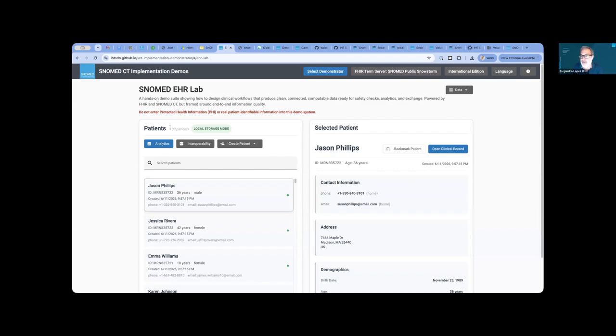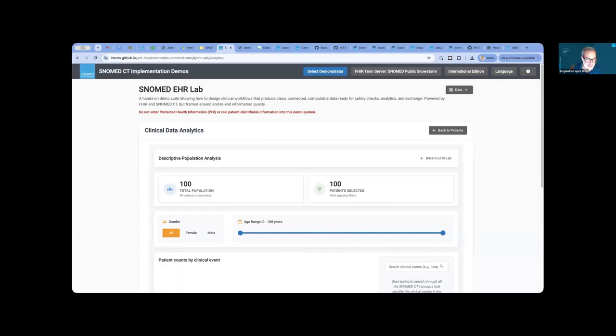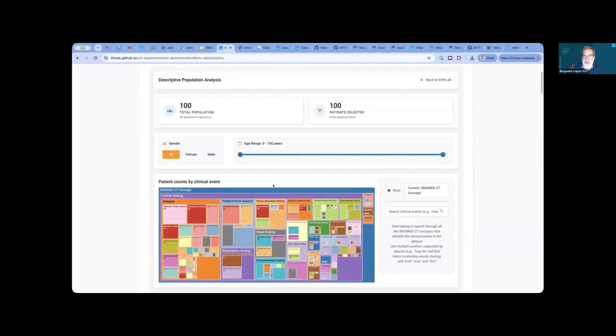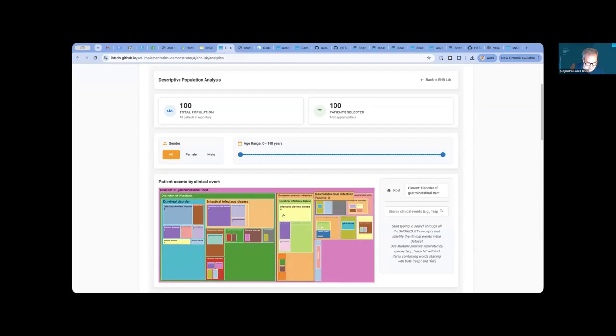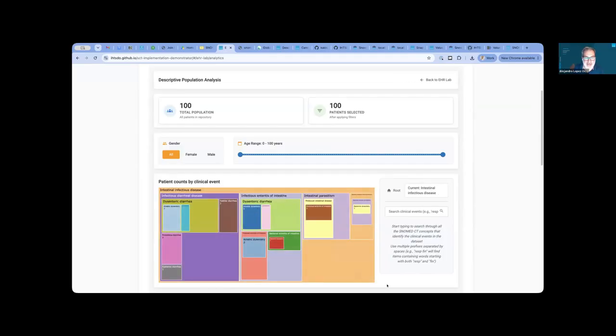But if I work in a clinic and our patients are registered in that clinic and I see all those patients, maybe I can navigate those patients because there's a new medication and I want to call some people. For example, there's a new clinical guideline for, let's say, infectious intestinal disease, something like that.